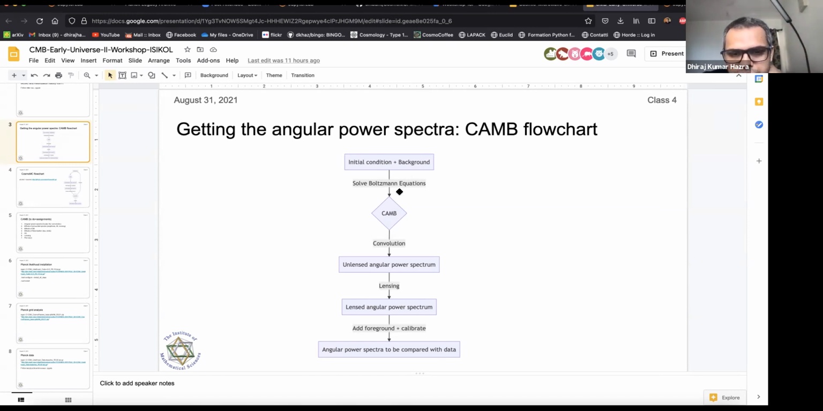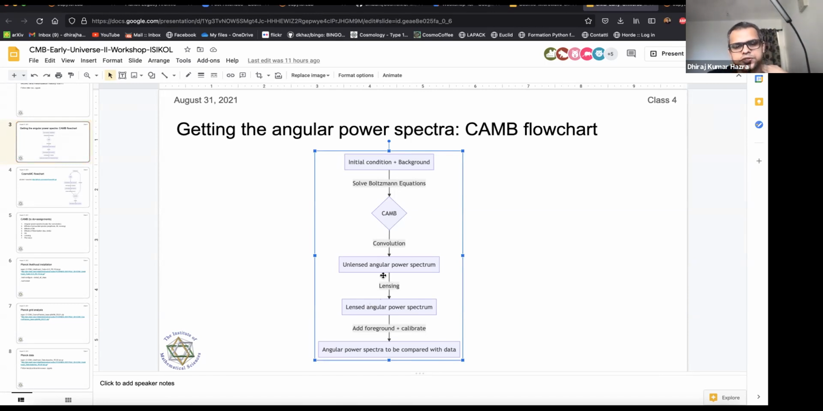So we have background. We can solve the Boltzmann equation using CAMB, and we do the convolution. I'm going to show you the codes there. Then you get the unlensed angular power spectrum, right? And I also mentioned yesterday that there is lensing. If you have lensing, then your Cls get mapped to a different